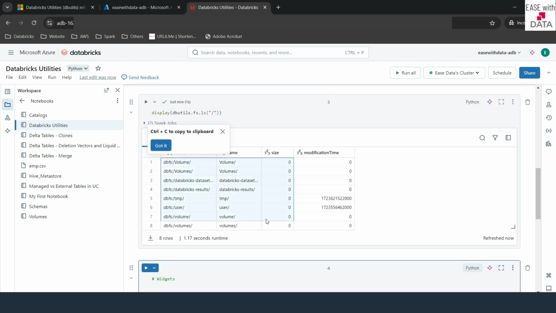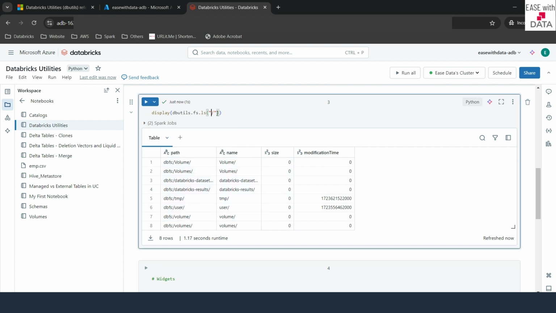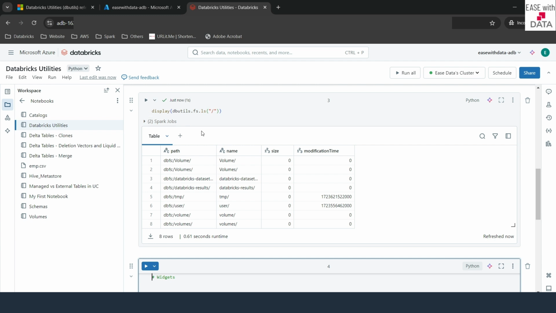These are all the things that are available in your dbfs system. Similarly, if you have access to a particular adls storage, you can go ahead and provide the location or the path here, and you can list the content of the directory there. Great. Now that we know how to use ls, let's see the contents of the volume